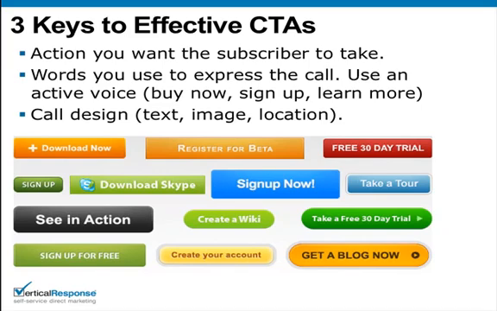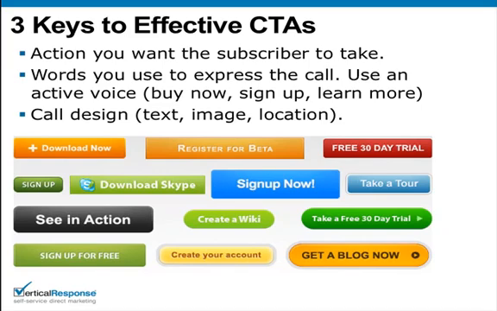And then the design of your call to action. You can definitely use text links for your call to action. You want to make sure your call to action is linked to where you want them to go. So not only telling them what you want them to do, but linking them there, so it makes it very easy. If you're asking them to buy something, link it right to the description of the product or right to the purchase page. And with your design, if you're doing a text link, then there's really not a lot to design there. But you'll see as we go into our button builder in a few minutes that